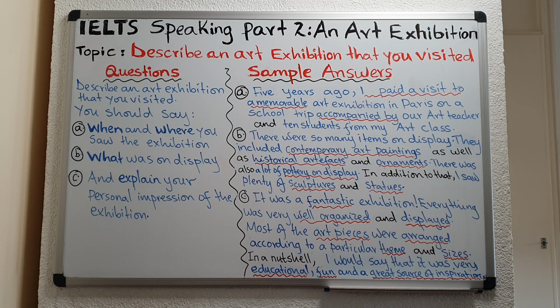Let's begin with question A. Describe when and where you saw the exhibition. The key words in that question are where and when. Now you can answer that question by saying,